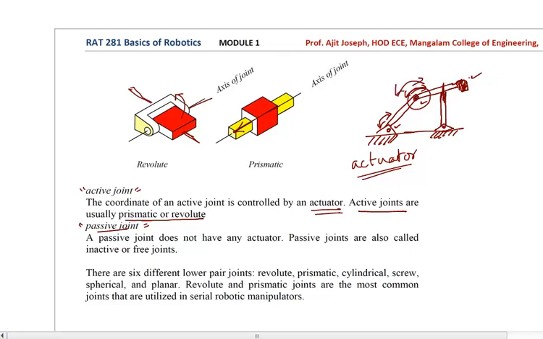Why will it bend? Because of the movement here, this joint will basically bend. If you look into a JCB, just go and look into a JCB. A JCB looks, let's say there is something here, and then in the end there is a claw. There is a claw like this, and there is no joint here. There is a joint here, but there is no motor here.